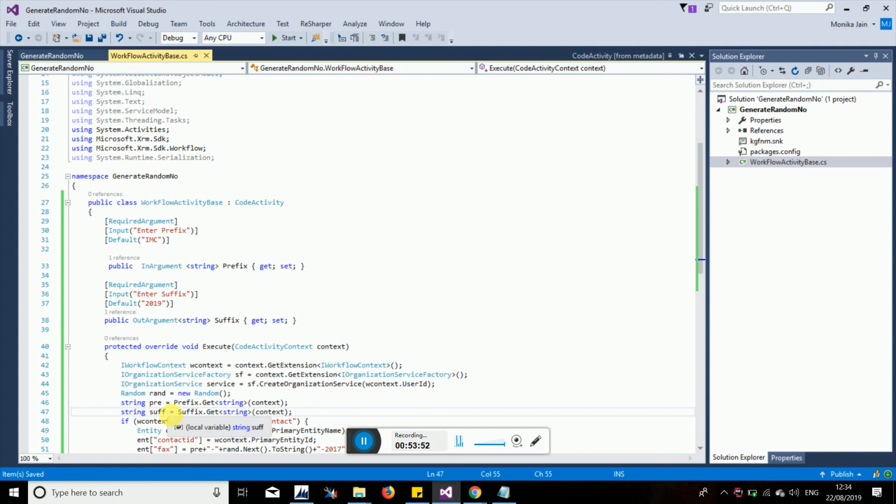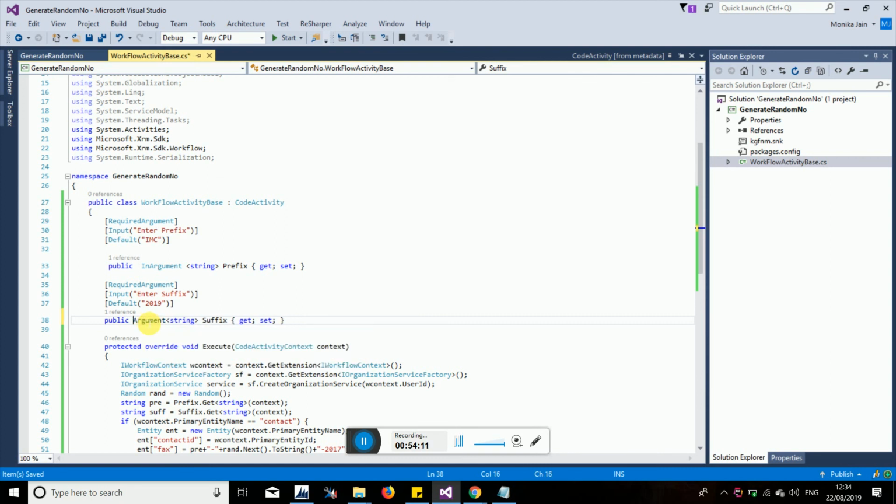Actually, one time if you know how to pass the values, this way will be same. Here only what will be changed, this name will be changed. Instead of prefix suffix you will be giving different name, data type will get changed, input argument, output argument, it will be like this. This is also input argument we need to create, right?